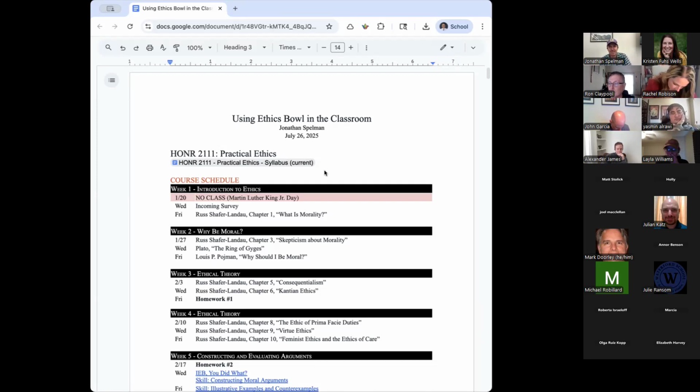And I think that this same idea would work in theory. There are some unique features of this version, but I think the structure is one that could be replicated in a variety of different classes. So what I'll do is describe the structure of this class, and then I can say a little bit about some of the assignments and how they match up. But I'm not planning to talk for all that long.